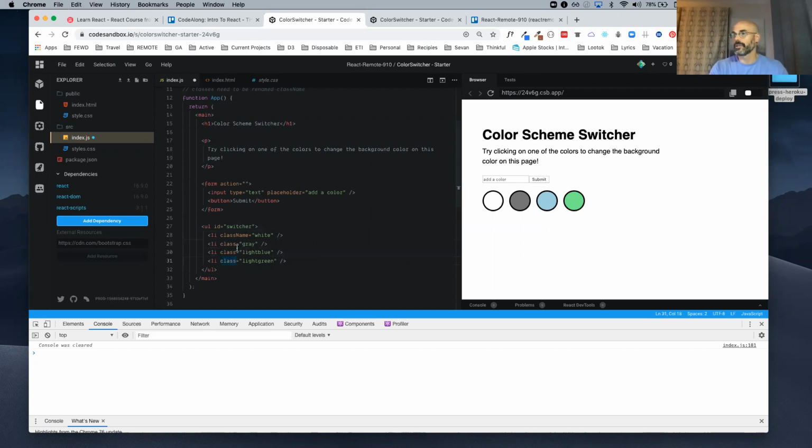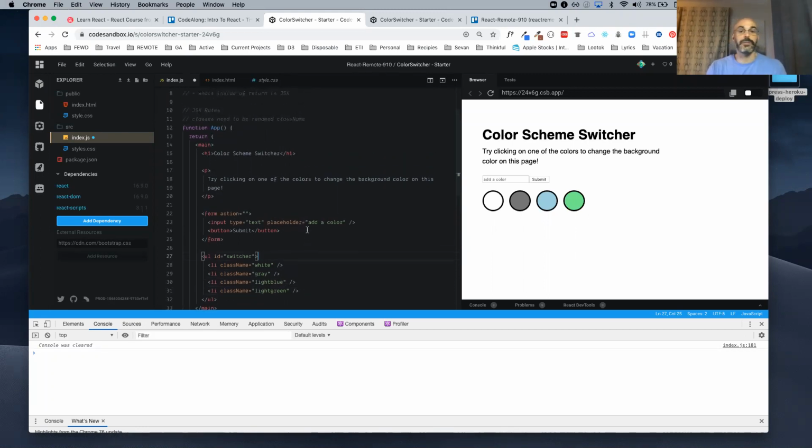So this needs to be className, and I would need to do it for all three of them. Oh, it's not allowing me to do it. Hold on. No. I thought I could do all three of them at the same time. className, className, className. All right? Easy enough. Thank God we only had those four. That's one of those rules with JSX, okay?